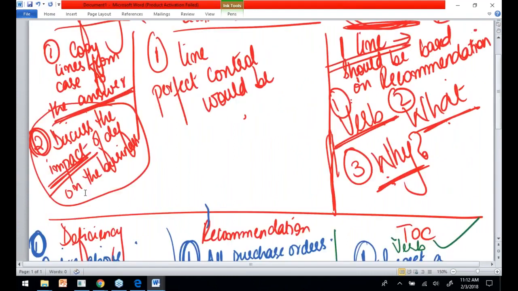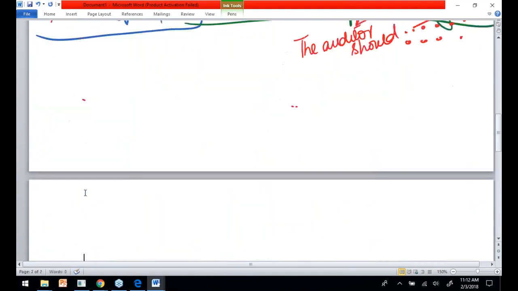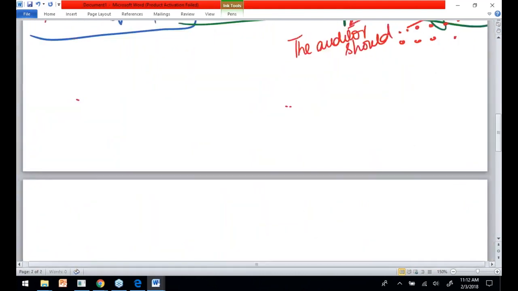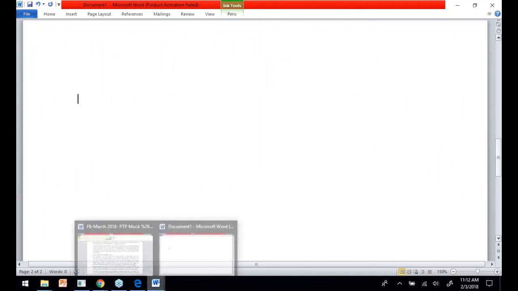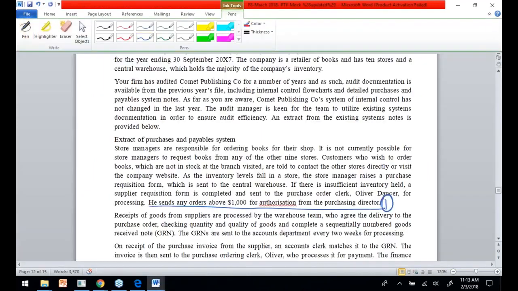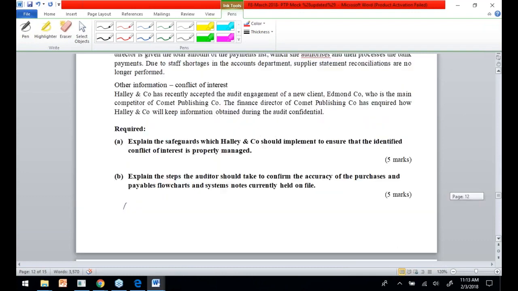I'm just going to go on to the next page. I've scribbled enough on this. You should be able to see what I'm doing. All right. Let's go on to the question. Okay. Another is